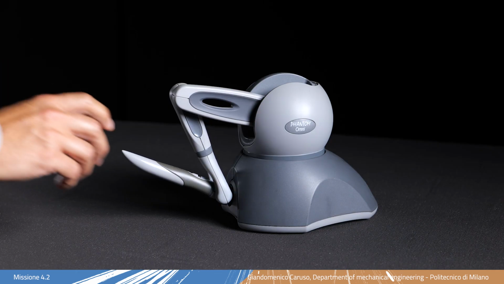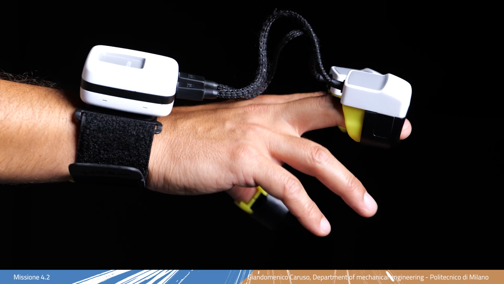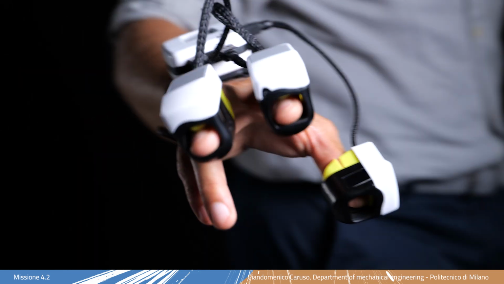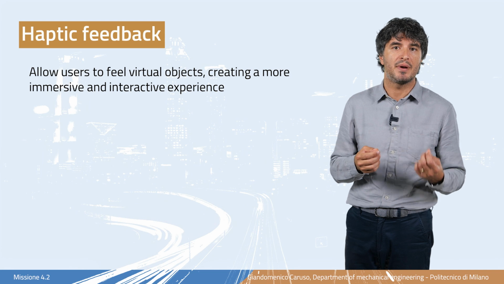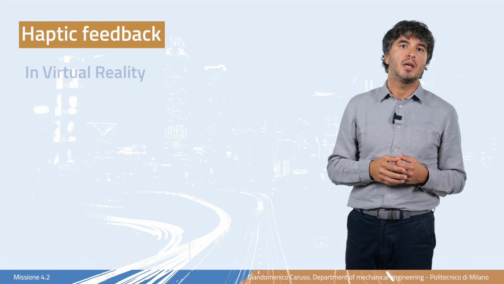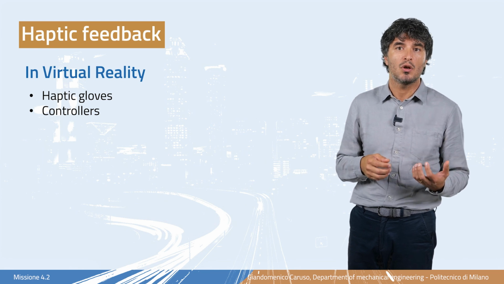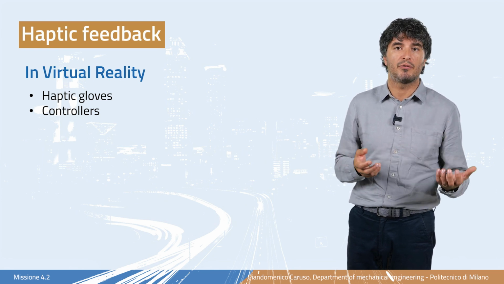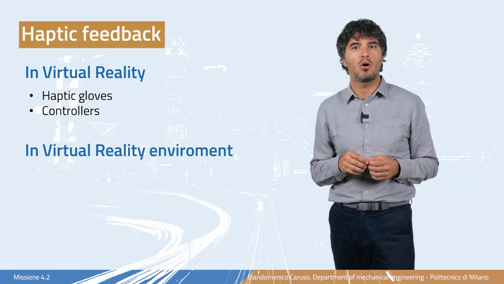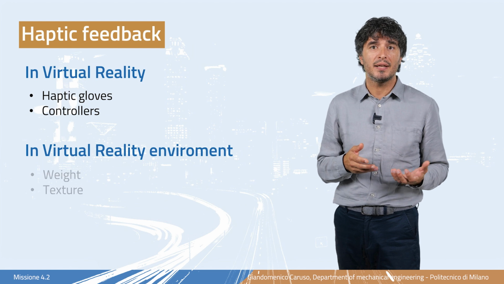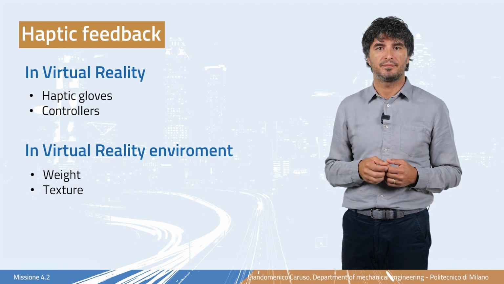Moving beyond sight and sound, haptic feedback, or touch-based output, is an exciting development area for both virtual and augmented reality. Haptics allow users to feel virtual objects, creating a more immersive and interactive experience. In virtual reality, haptic gloves and controllers simulate physical sensations, from the texture of an object to the force of impacts. For example, in a virtual training environment, a haptic glove might allow you to feel the weight and texture of manipulating tools, improving your learning experience.